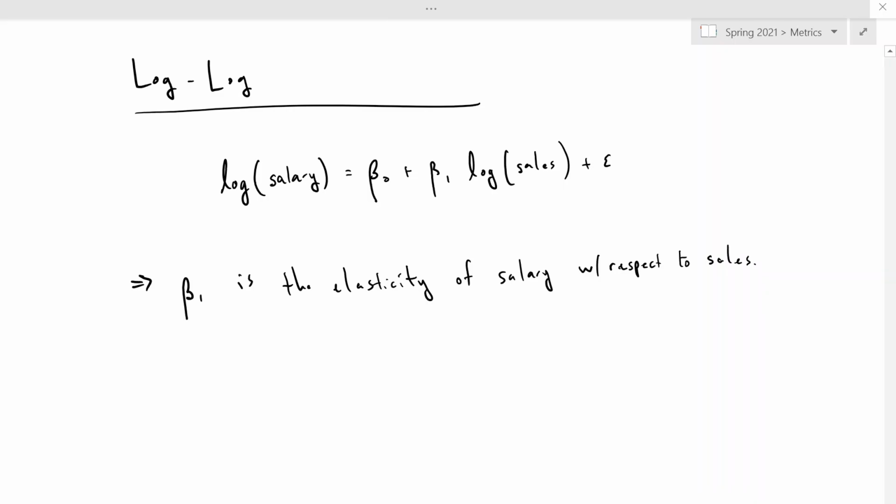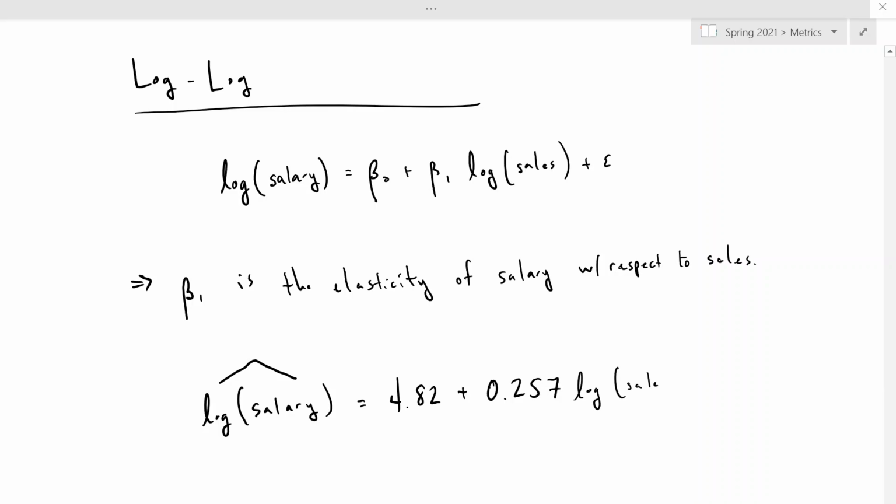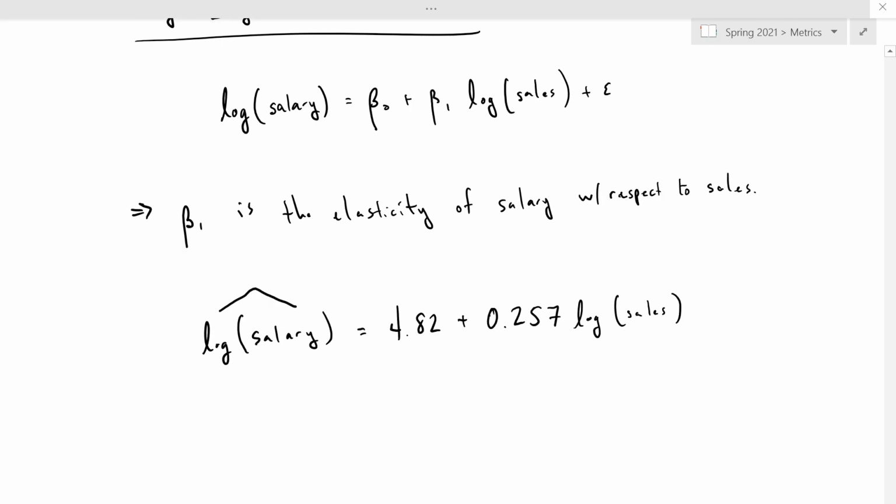If we get some data and estimate that, which we'll do in Python, our predicted log salary is equal to beta 0, and suppose beta 0 equals 4.82, plus 0.257 times the log of sales. So beta 0, beta 1. The interpretation of this is